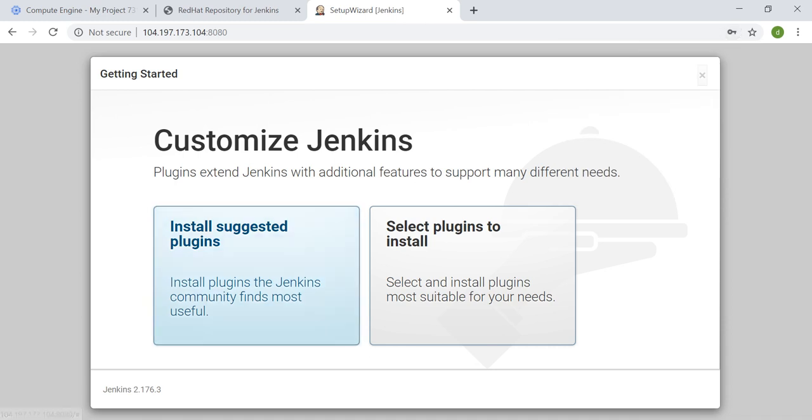Again, this is the first time when you are launching your Jenkins, it will ask you to install plugins. Like we learned, Jenkins is a plugin based tool. Majority of the tasks would be done through plugins. Plugins will enhance and extend the functionality of Jenkins. So we can install some suggested plugins here, meaning more widely used plugins, more famous plugins, or else you can choose your plugins here. So let us go with the suggested plugins. So this is where you will install plugins. Post installation also, like after installing Jenkins and after login also, we can install some plugins. That also we'll do once we start creating our jobs. So now let us go with the suggested plugins.